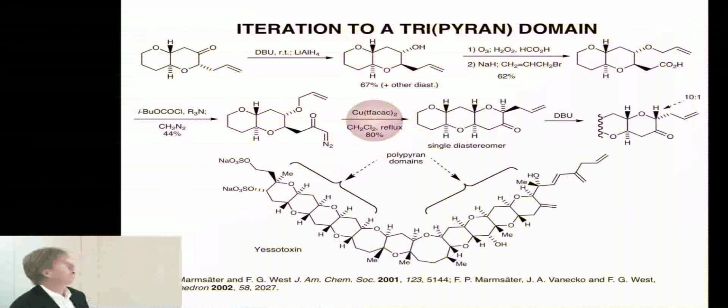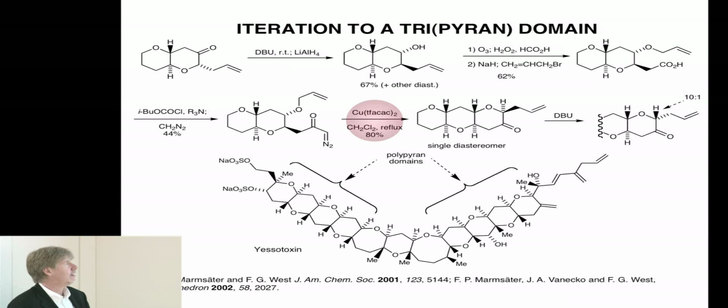Let me just tell you, though, that we can take this incorrect isomer, epimerize it, and in the same reaction, reduce it with lithium aluminum hydride to get to this intermediate. We can oxidatively convert the allyl side chain into a carboxylic acid, allylate the secondary alcohol, and convert the carboxylic acid into a new diazoketone, and repeat the process, all in more or less good yield, except for this one